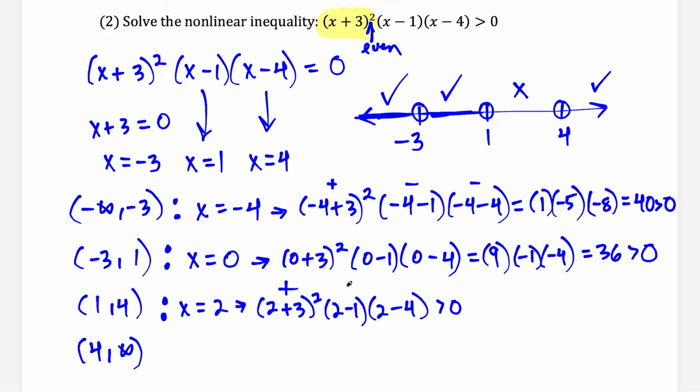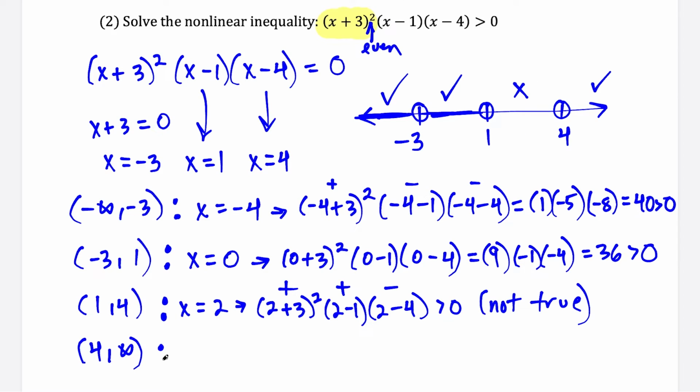And then we have times (2 - 1), which equals positive 1, which is positive. But then when we do 2 - 4, we're going to get a negative. We get negative 2. So now we think about this. A positive times a negative is negative. That's not going to give us something greater than 0. So this statement here is not true, which is why we're not going to include this space in our solution